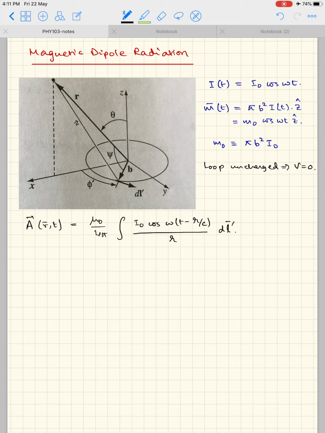Okay, so this amounts to an expression of A, which is just given by mu naught I naught b by 4 pi